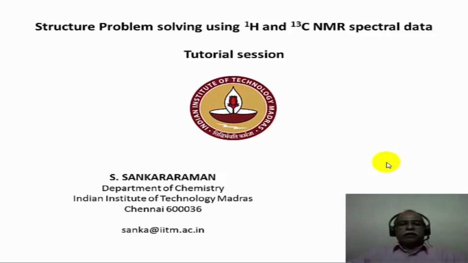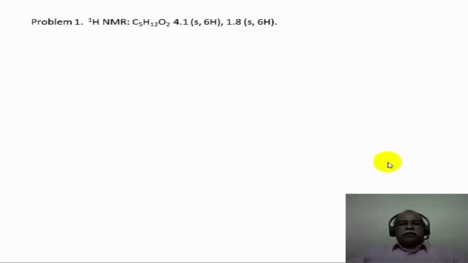Before we start the session, I suggest that you take a printout of the chemical shift values and coupling constant value tables for the proton NMR and the chemical shift value charts for the carbon 13 NMR as a handy reference in front of you so that you can refer to it when the problem solving session is going on. This is how you familiarize yourself with the various chemical shift values of different protons and carbons and the various coupling constant values of a proton NMR spectrum. Let us start with the first problem.